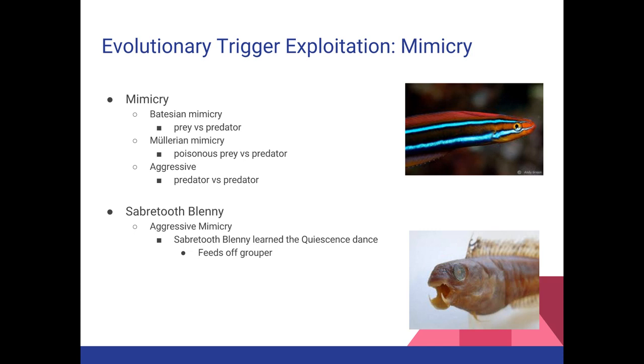And finally, the aggressive, where a predator is mimicking some other creature and exploiting the relationship, in forms of evolutionary trigger, that its prey, in other words, the other predator, may have with it to exploit that relationship. Anyways,